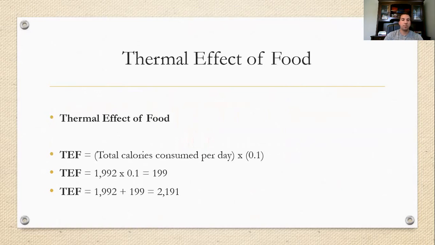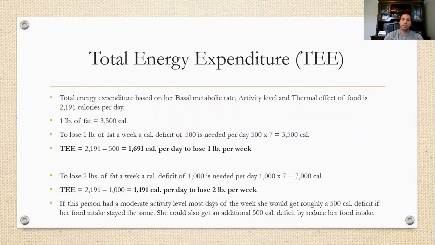So whatever that is, it's 0.1 of your total BMR plus activity level. And in this example, for someone who's sedentary, is an additional 199 calories. So a total of 2191. So for their T, that's what it is. We add it all up: basal metabolic rate plus activity level plus thermal effect of food. So in this example,